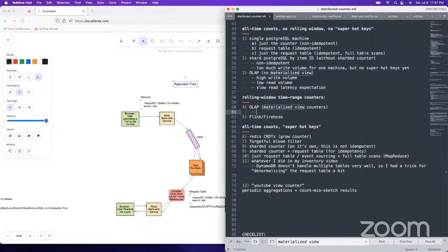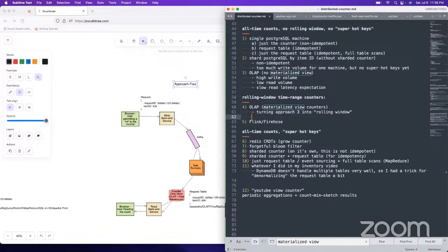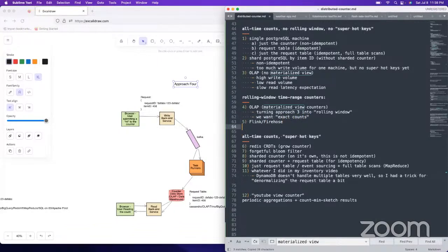So it's turning approach 3 into rolling window, with exact counts, while with count min sketch we don't care about exact counts. That's the distinguishing thing here.